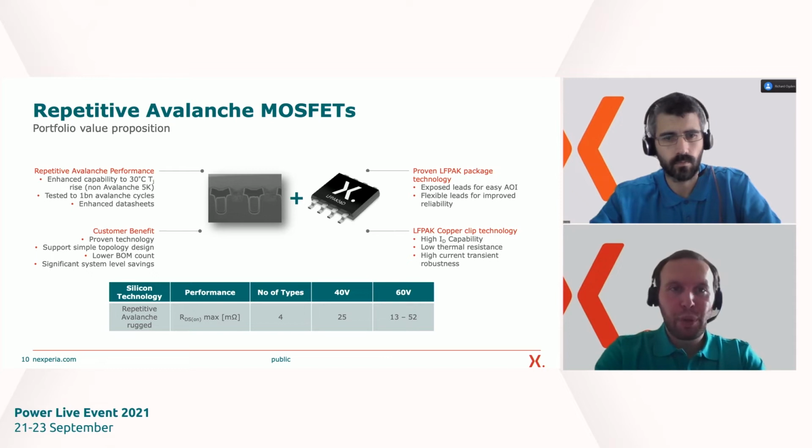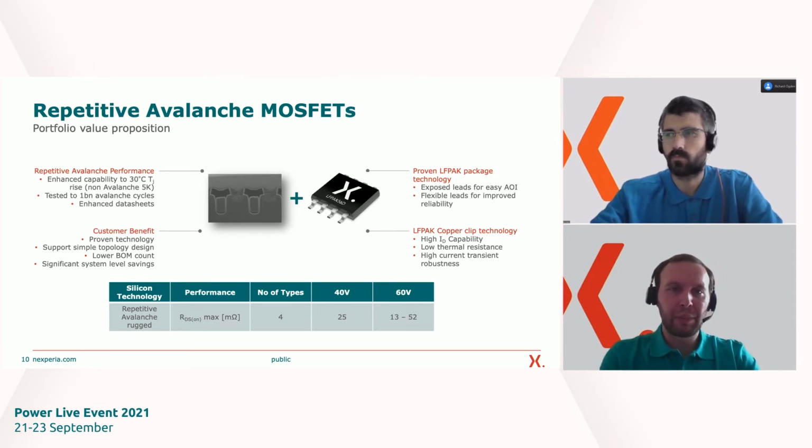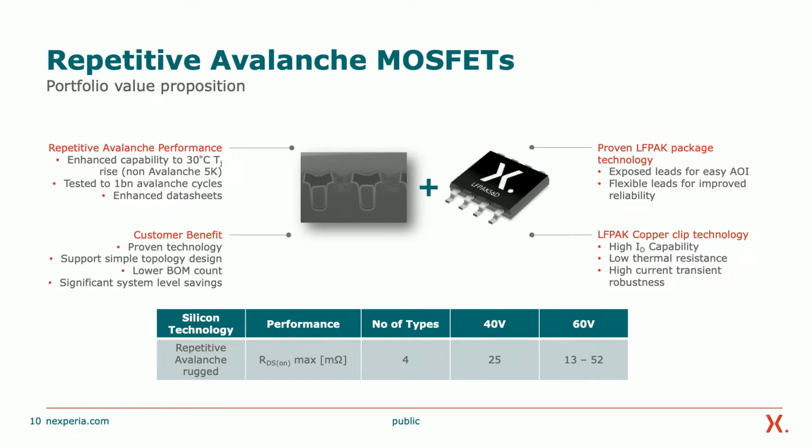And so just to briefly touch upon the overall value proposition. We've talked a little bit about the application fit, how the product works. But what we have is we're bringing this compelling modern trench style technology inside our LF-Pack family of products. So it has all the benefits that we have with our high robust, high reliability LF-Pack packages for automotive, and all the benefits that we have in manufacturing and robustness. But we also bring this 30 degrees C TJ rise technology that Nando will talk us through in the subsequent slides, that are very different than non-Avalanche